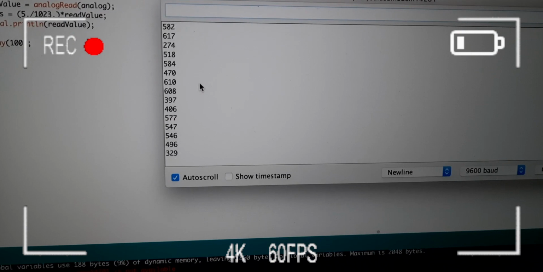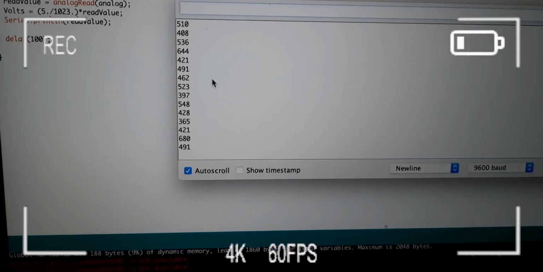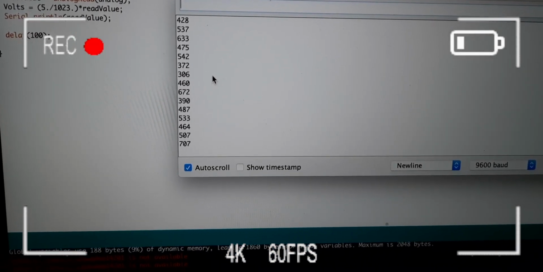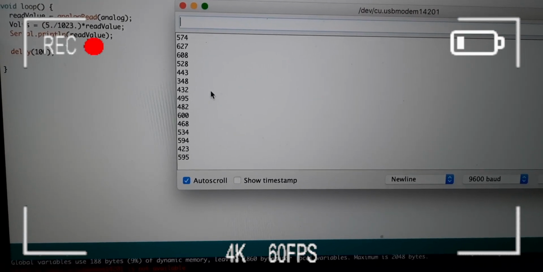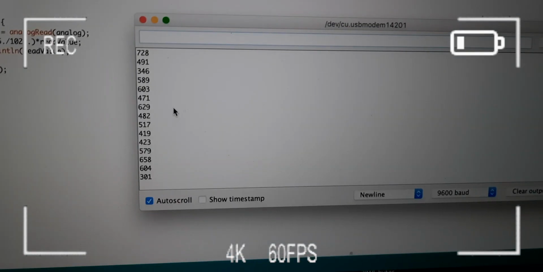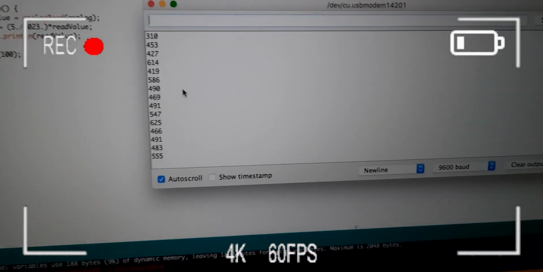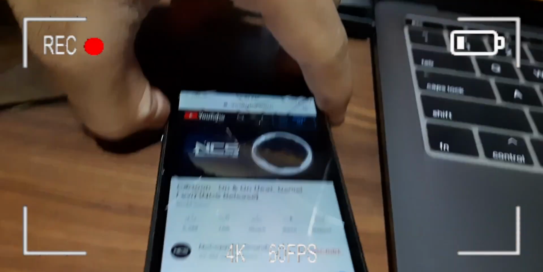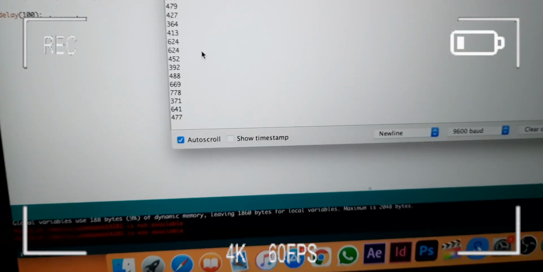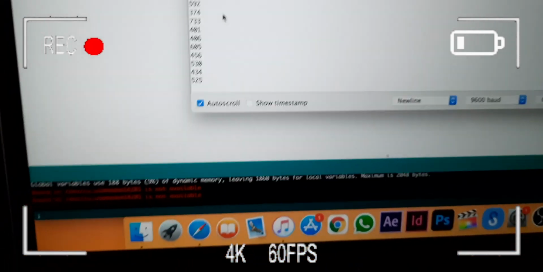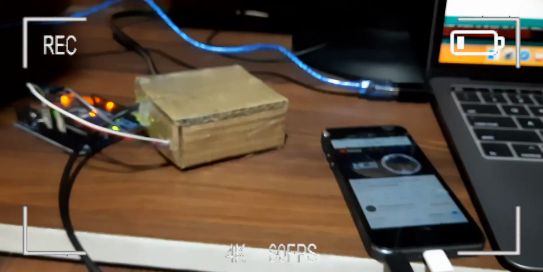Let's see what it gives to bass, because I want to make the lights bass reactive. I think the audio is not full. The bass readings are around 600, 700. See, it goes fast. We need some delay here. So let's hook it up to our LEDs and write some more program.